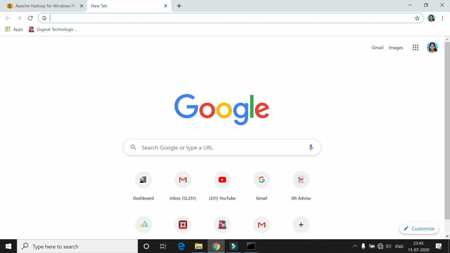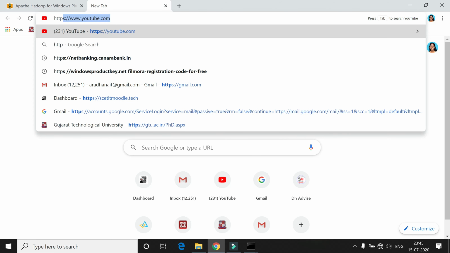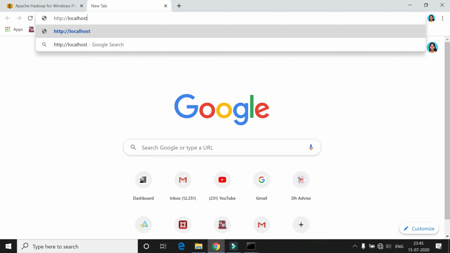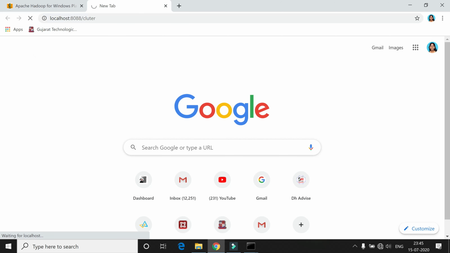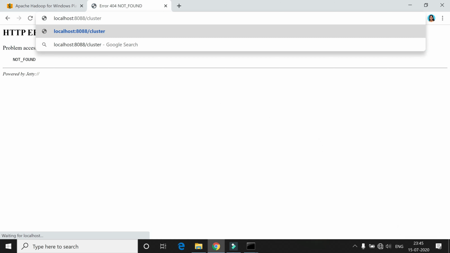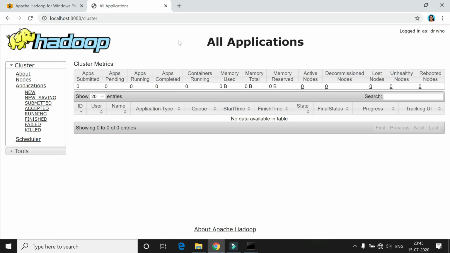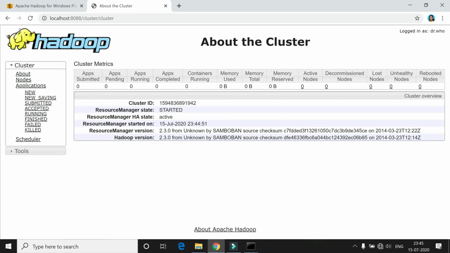Now how do you check that the name node and data node are installed on your computer? Go to your browser and enter this particular address, http://localhost:8088/cluster. If you are able to open this window, it shows the details of your Hadoop system, such as the cluster ID, resource manager, date as well as the Hadoop version.